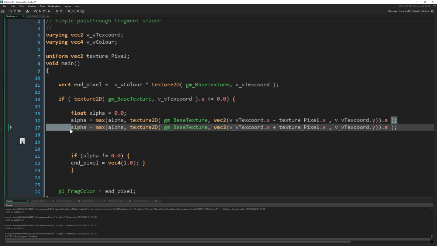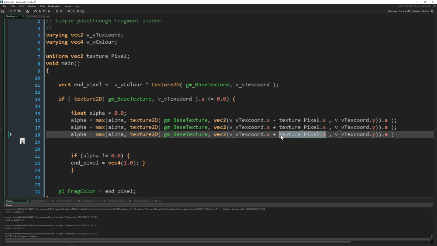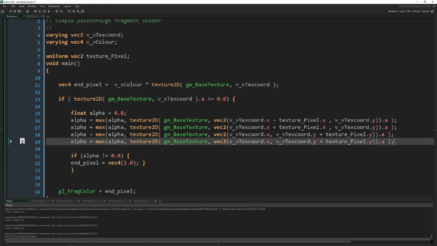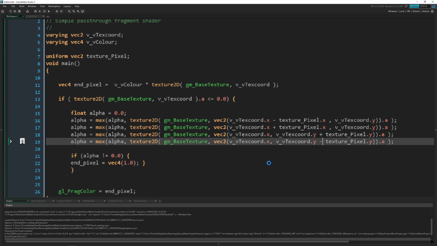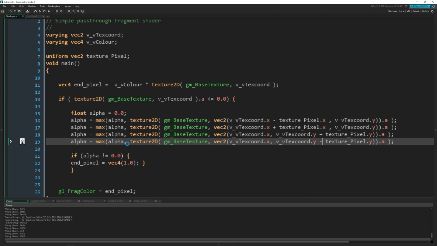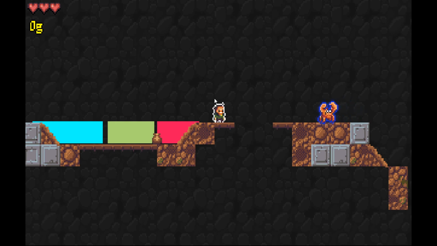Therefore we need to have this point added or subtracted on the horizontal, and of course we can do this on the vertical too, so copy that here and then add it, but of course now with Y, and then do the same, but minus Y. Here we go. Let's check it out, and now we are drawing around that dude. Sweet. As you can see, it works pretty well, but it kind of cuts out,